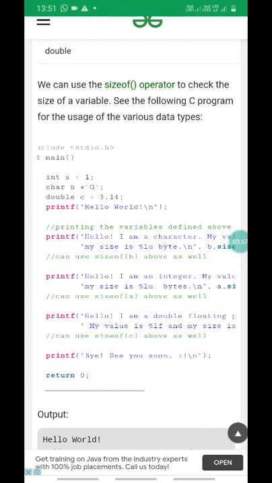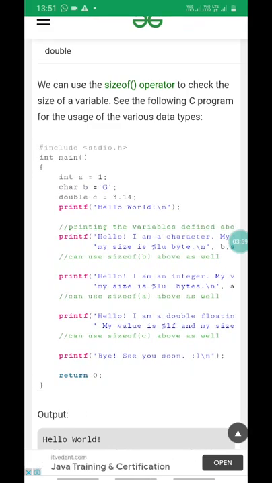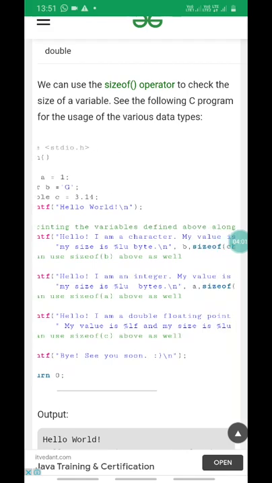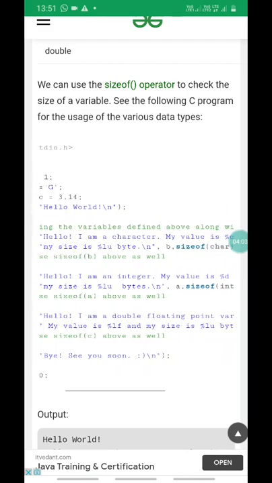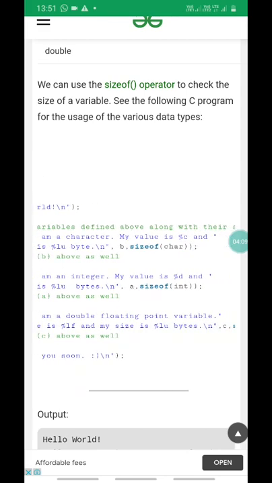The next print statement is hello, I am an integer, my value is %d and my size is %lu bytes. The sizeof is for the int.